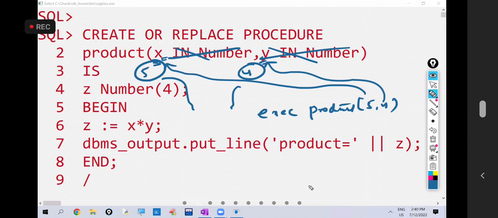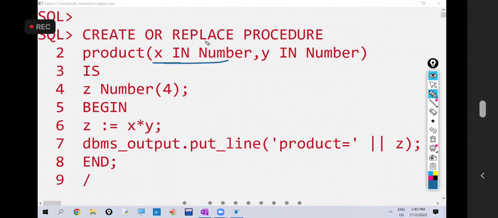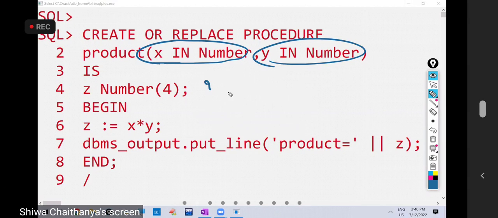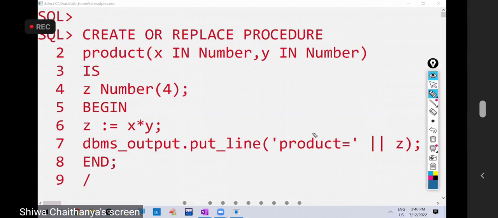Okay, from the keyboard you can read, but generally we will not use that way. So here, if parameters are not there, we cannot get input into the procedure. You can read like x colon equals ampersand x, like this. But from out of the procedure, if we want to get the value, we must take the help of